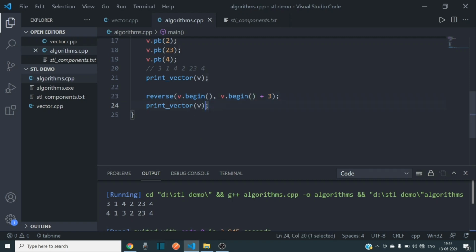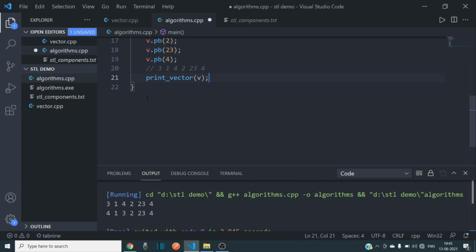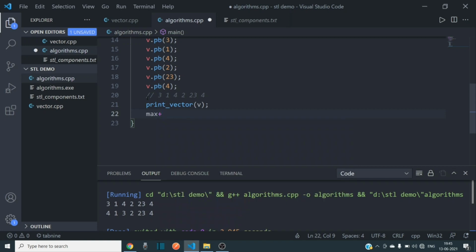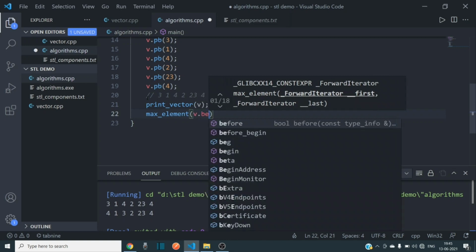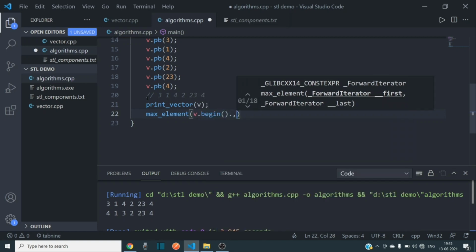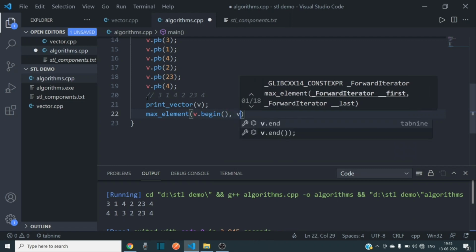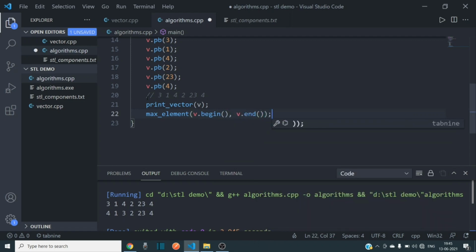Now we can also find the maximum and the minimum elements of the array. To find the maximum element, we have to write max_element, and we just pass the 2 iterators, v.begin and v.end. It also returns an iterator, so instead of writing the complete syntax, we can just write the auto keyword.